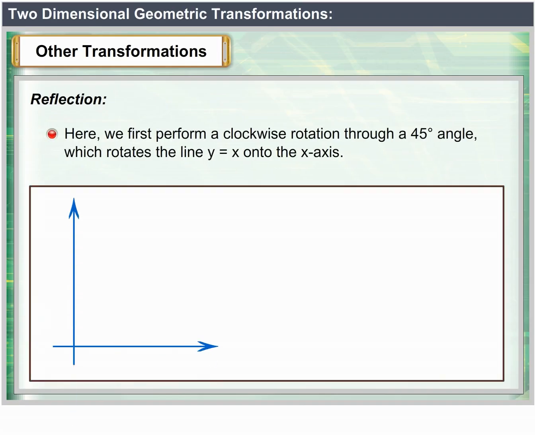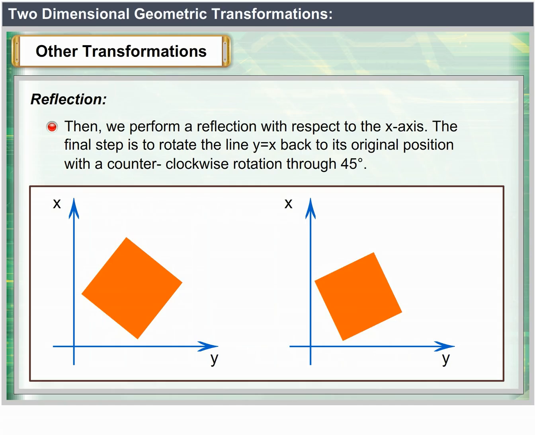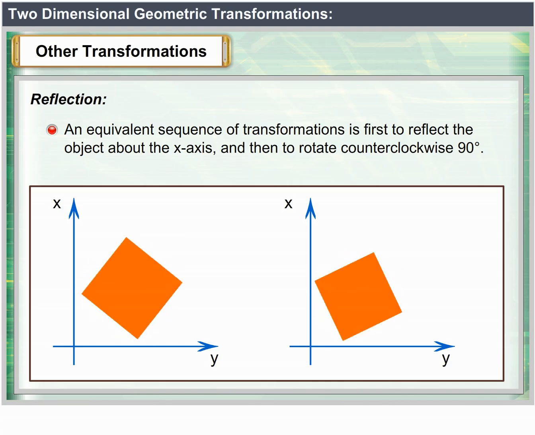Here we first perform a clockwise rotation through a 45-degree angle, which rotates the line y equals x onto the x-axis. Next we perform a reflection with respect to the x-axis. The final step is to rotate the line y equals x back to its original position with a counterclockwise rotation through 45 degrees. An equivalent sequence of transformations is first to reflect the object about the x-axis and then to